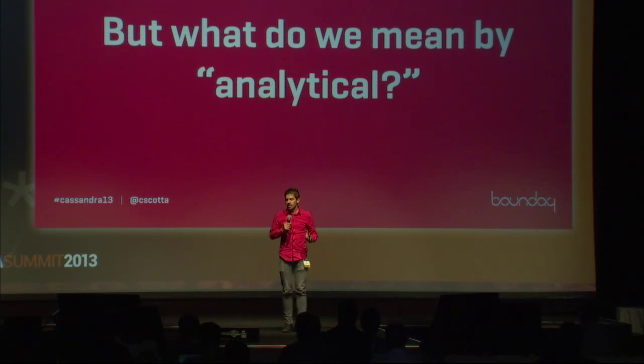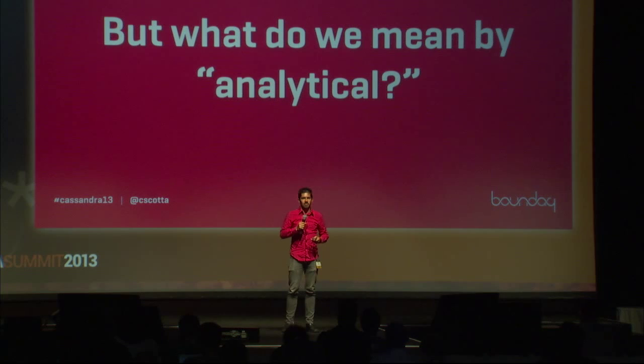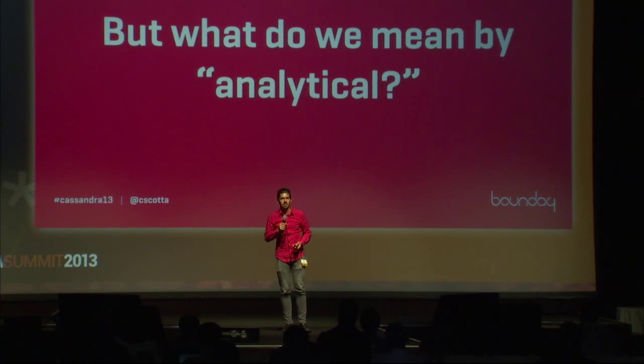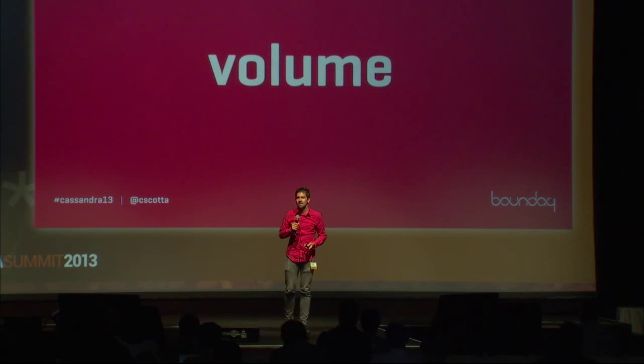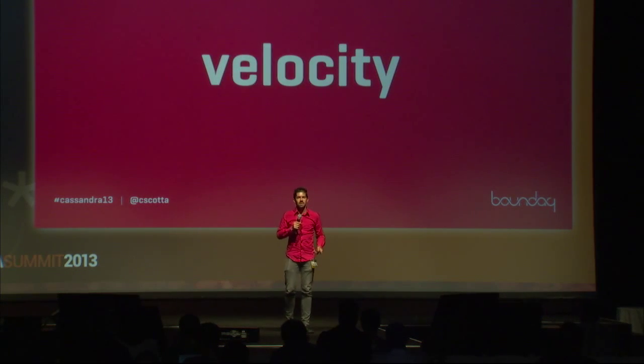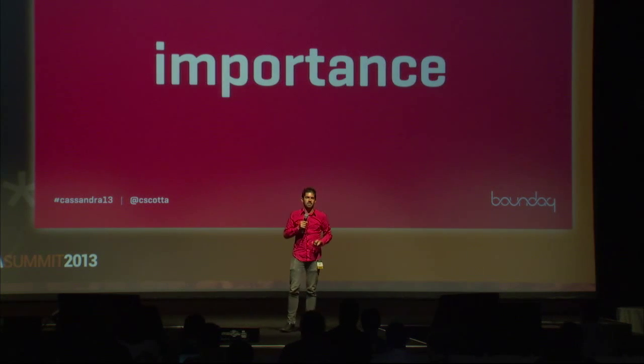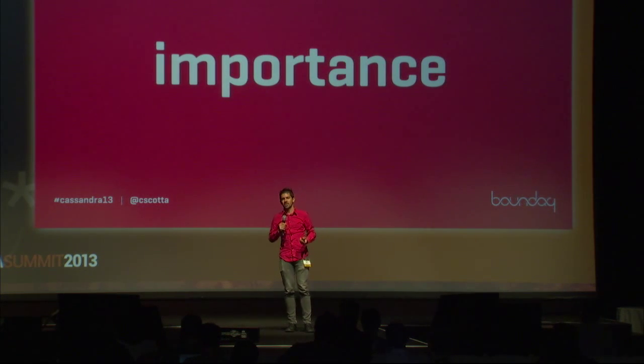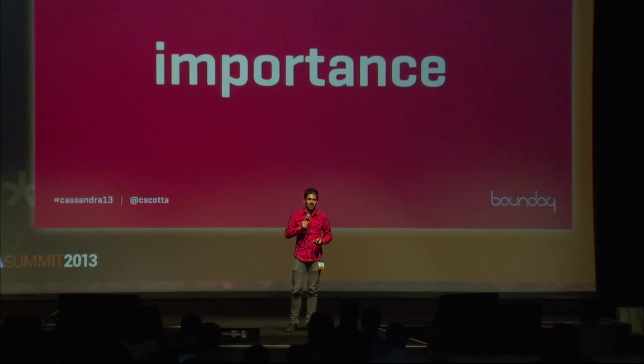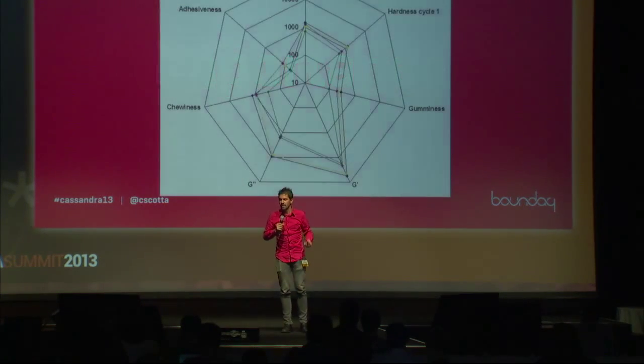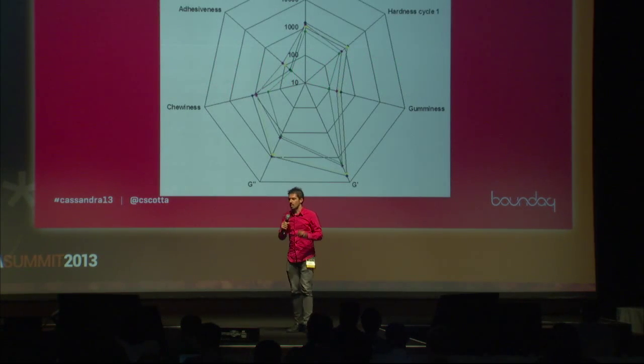So we have to wonder what we mean by analytical when we speak of the world being swallowed up by these analytical problems. People speak of big data, but it's kind of silly to think about it without context. So we can think of data in terms of volume, just the sheer amount of it that we have to store. We can think of it in terms of velocity. How quickly is it coming at my face every single second? We can think of it in terms of importance, like, is this a bank transaction? Can I lose a few here and there, or do I have to have every single one and record it faithfully? So we can think of this kind of like a spiderweb diagram,